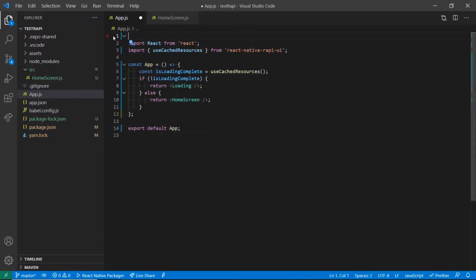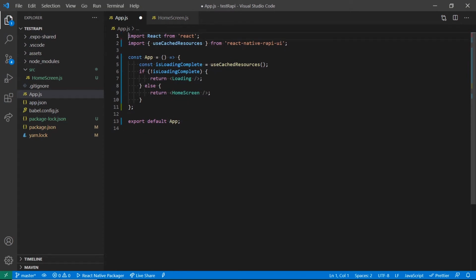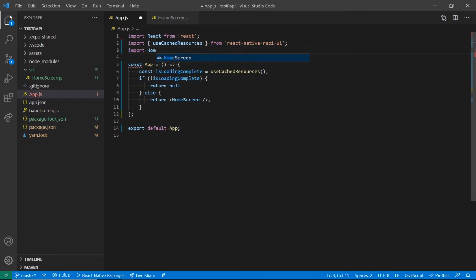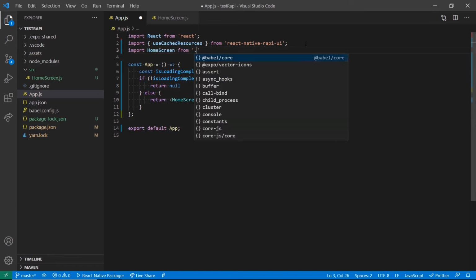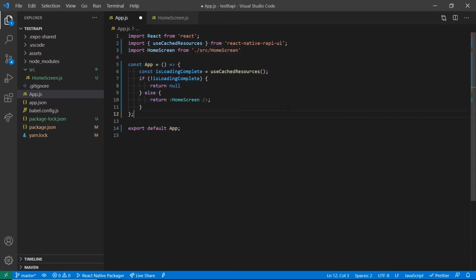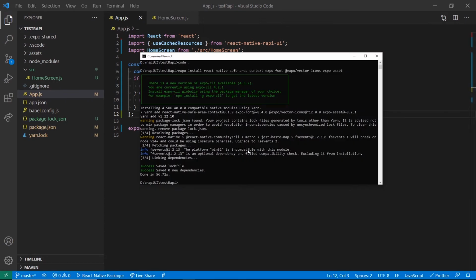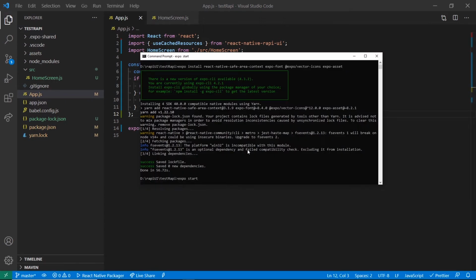Just copy and paste the code from the docs, change this loading to null, import the homescreen.js into this app.js, and run the environment.